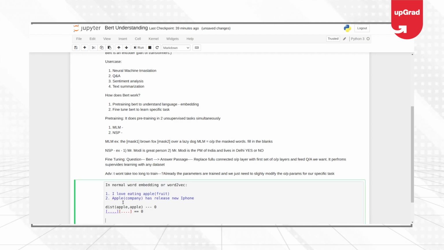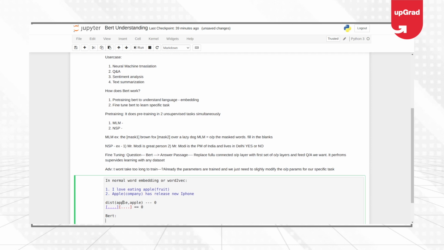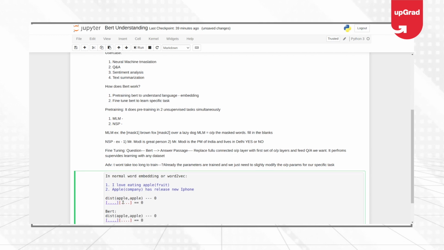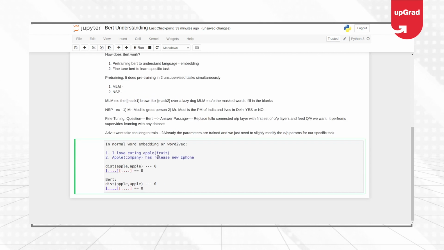But in the case of BERT, if you take the distance between apple and apple, it will have a difference. If you project it in a word space, it will say something like 20 or 30 similarity distance. So the distance is varying, even though the words are the same, because BERT